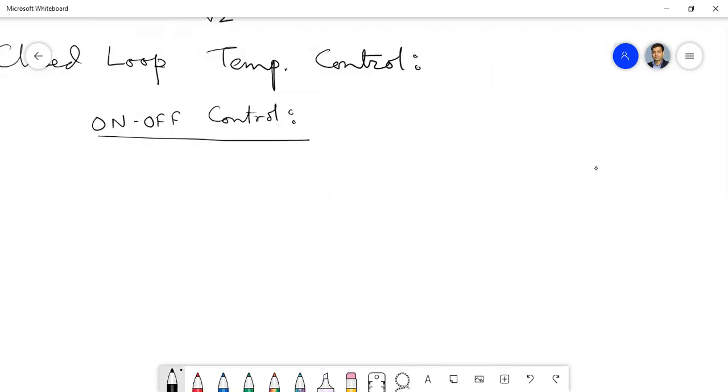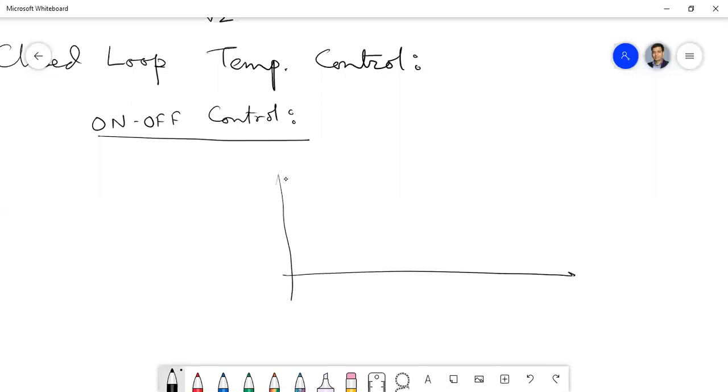Here in this class itself, I have told you already when I discussed the active shaping of line current. That part when I was discussing, I have told something about the on-off control. Okay. Now in on-off control,